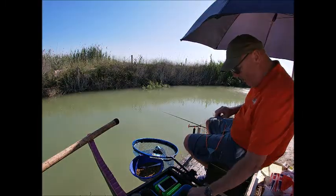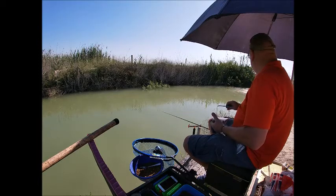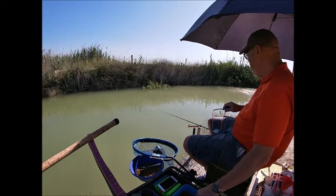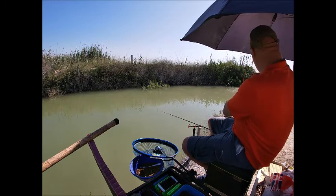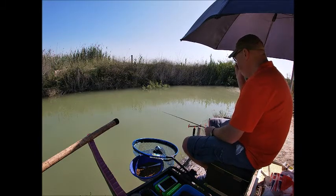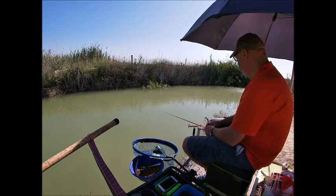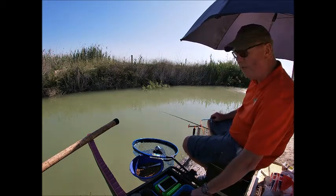It seems you have to keep flicking a few pellets. If you don't, you don't seem to get the action, and I'm flicking some of these a bit too far. But the barbel in this peg, there's a pipe comes in. You just seem to sit behind that pipe. I think the fish are moving up and down in the water, taking the odd pellet that's not completely submerging,